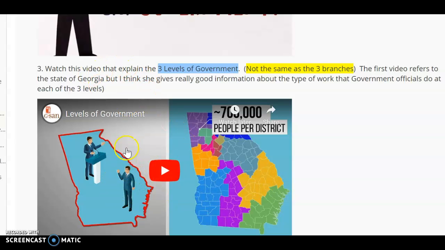So this is something a little bit different. So far, we focused a lot on the three branches of government, but now we're going to talk about the three levels. It's confusing because the number 3, right? It's in both of these. However, this is going to talk about your federal, state, and local government. And yes, this is about Georgia. So it's not referring to Florida, but I think the woman in this video does a really good job of giving a clear